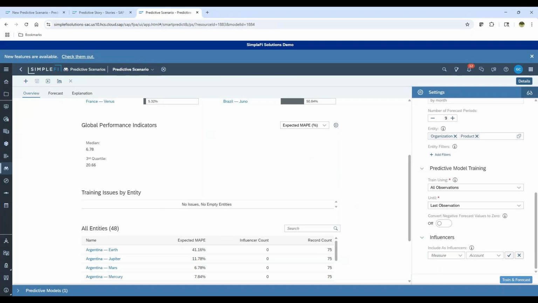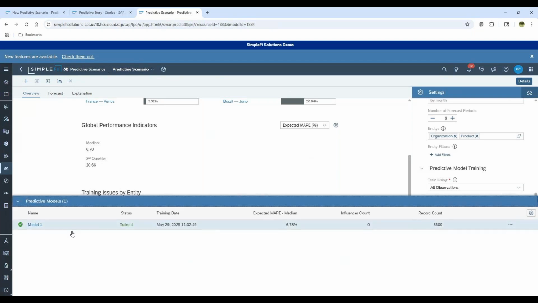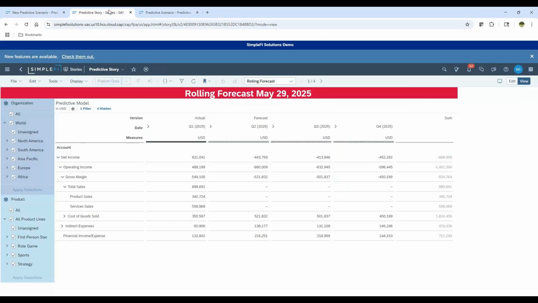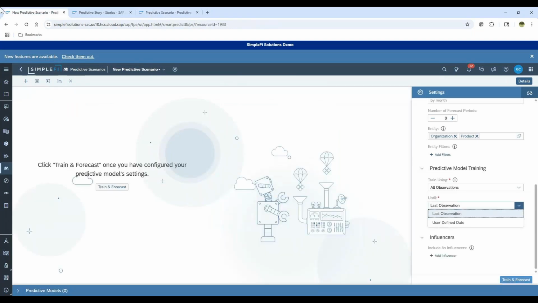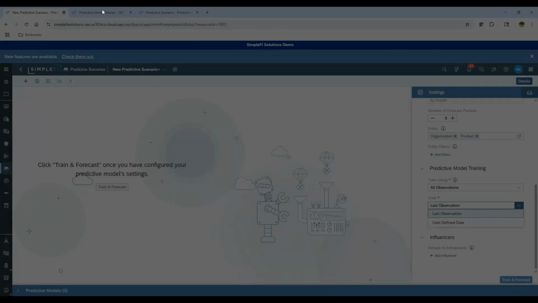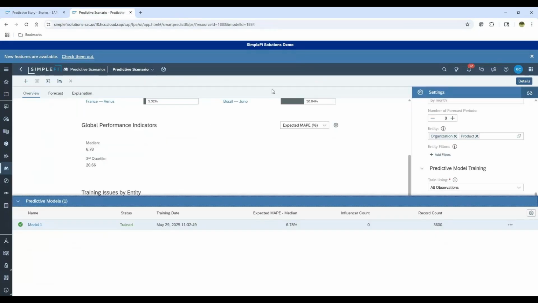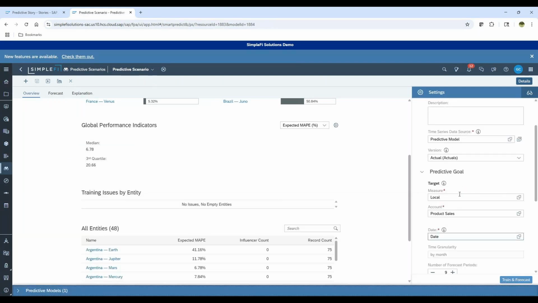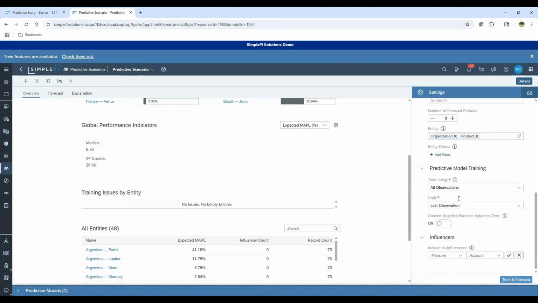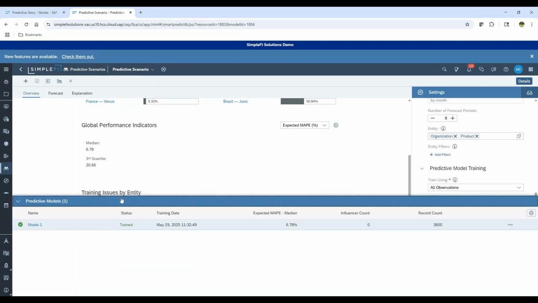So if I were to click train and forecast here, it's going to train this model for me. I already have one ready, right? So I'm going to go to this one that's already trained, because it takes a minute or so. And these are all the selections that we had made before without the influencers. I trained this model and it gives me